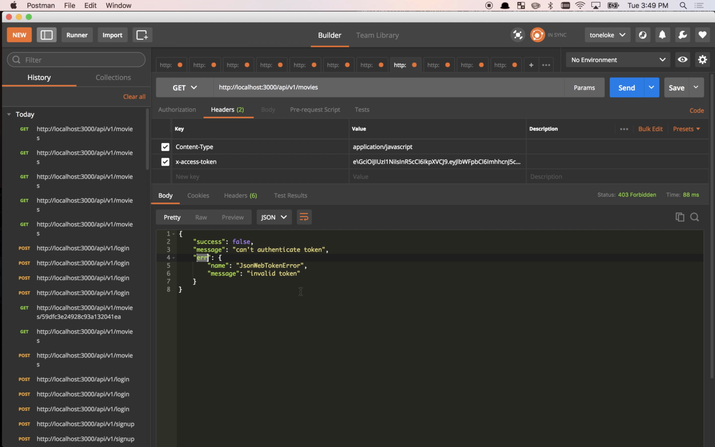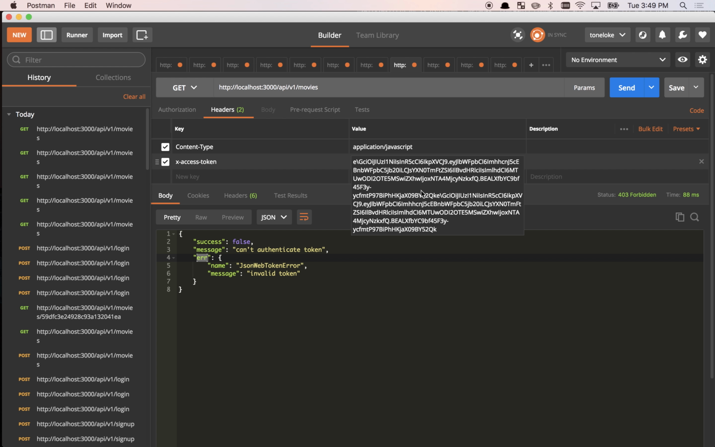Oh, can't authenticate token. Here's the error message. Invalid token. Right? That means your token that you sent me is not valid. If it was past the expiration date, that message would say what? Token invalid, past expiration, or whatever the message is for past the expiration date. But if I paste in the correct